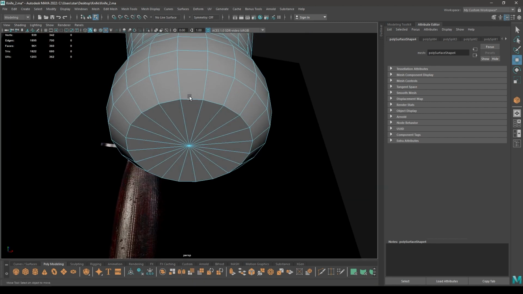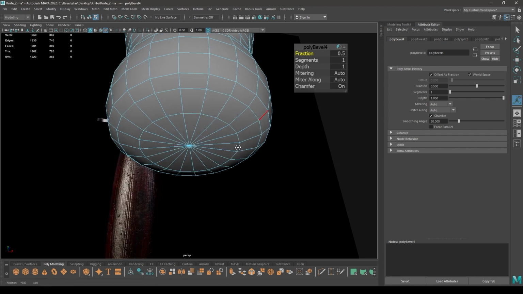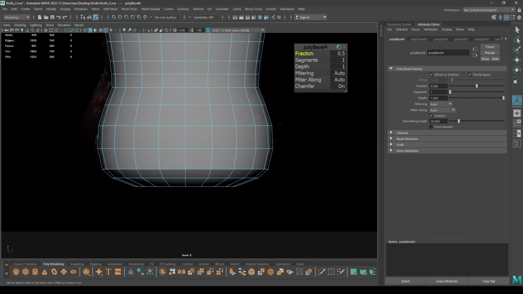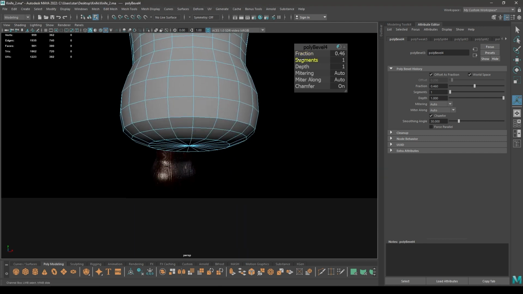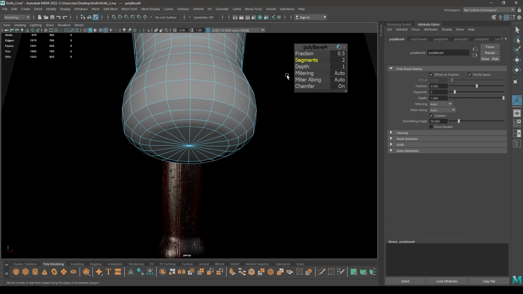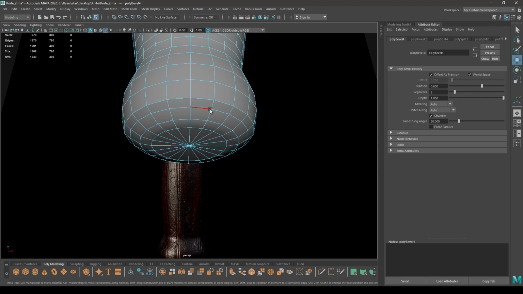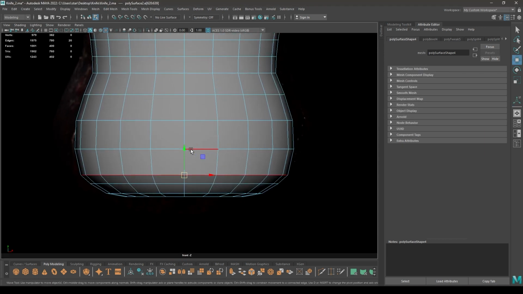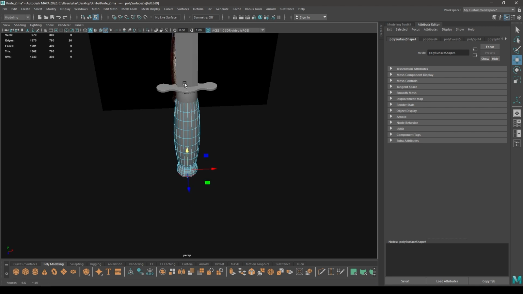And for this last part, go to edge mode and select this edge, then bevel. Keep the fraction to 0.5 with one segment, maybe just a little more fraction, keep it 0.6. Now select this one and you can pull this one up a little, scale it down, like this,